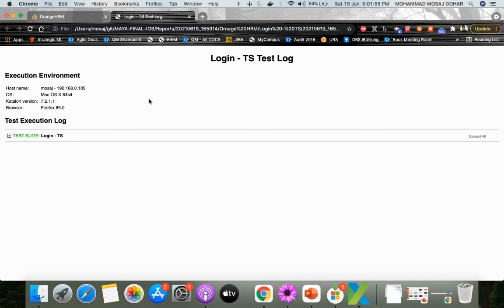So let us try to understand this report first. On the top would be the name of the test case or the test suite, some basic information about the system on which you are running, the version of Katalon and the browser, of course. And the report log would be over here. If all the test steps have passed, the overall result will come as green over here. Or if